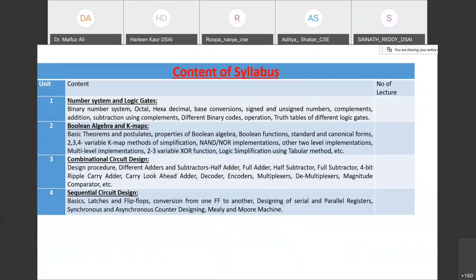So in your syllabus, what will we do? It is your syllabus. So we have a number system. Already you know your decimal number system. Now you have to learn the binary number system along with the octal and hexadecimal number systems. Already you have learned the decimal system, which has digits 0, 1, 2, 3, 4, 5, 6 up to 9. Means total number of digits is equal to 10.